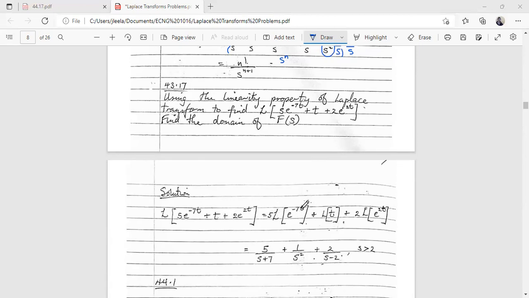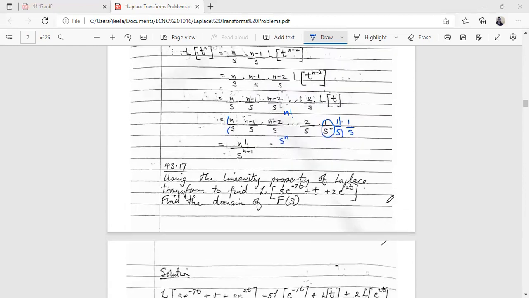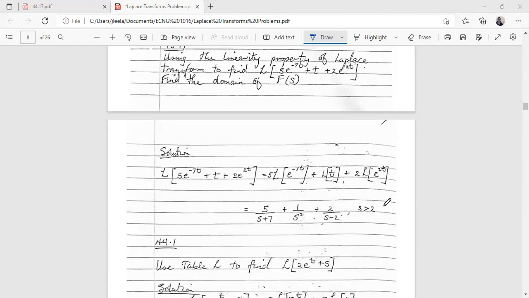e to the minus 7t. And then you're adding the Laplace of t, that is the middle term. And then you're pulling out the constant 2, and you're taking the Laplace of e to the 2t. So recall that e to the minus 7t, the Laplace of that is 1 over s plus 7,